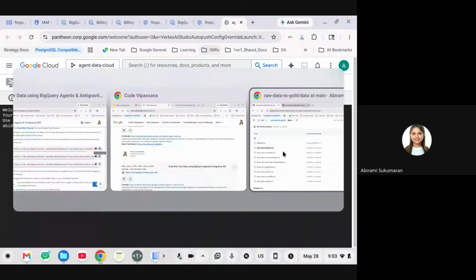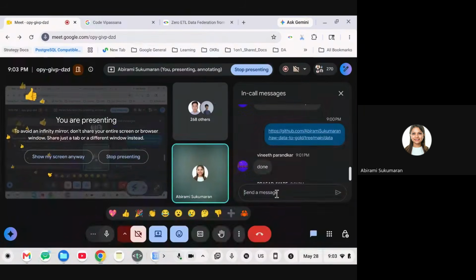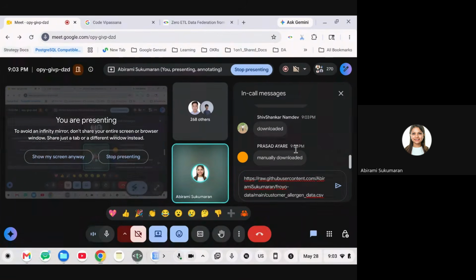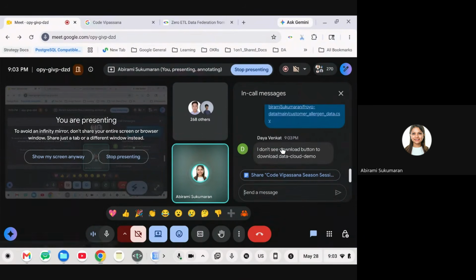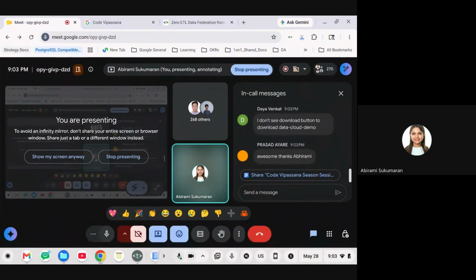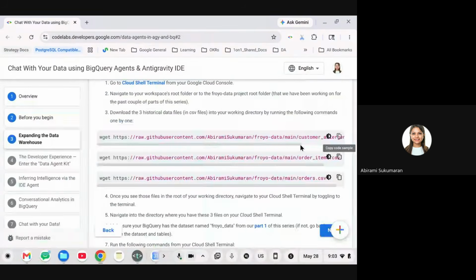You can use this directly, but just change the file names. You have to repeat the file name 8 times with the wget command, and you have to run this in the Cloud Shell terminal. The reason I didn't give this beforehand is that you're not in the Cloud Shell terminal yet. I haven't told you where to go. You should be able to download. If you download it manually, that's fine too.